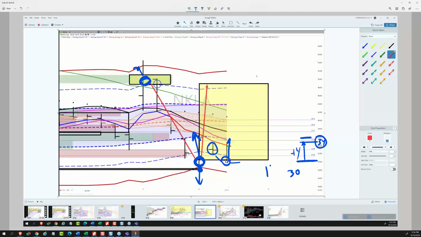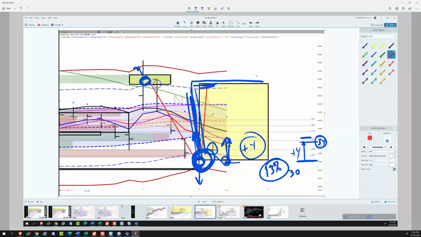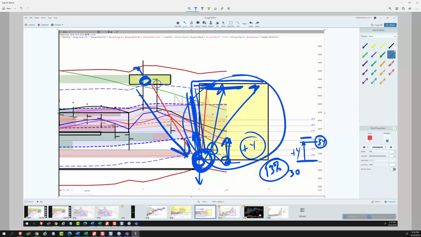That's almost 13% from that low. A 13% move in a straight up move. So that's plus $4. Now, we had identified this yellow box when we were looking at this critical state. We said, well, a move up here to the yellow box, to like Z2, would be the maximum feasible upside move. And it might take 4 days to do it because it took 4 days to sell off. But this was kind of the playing range.